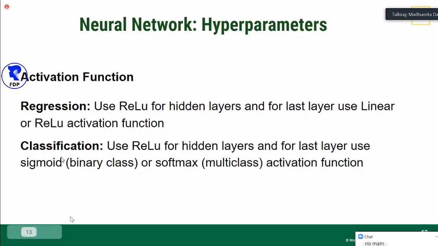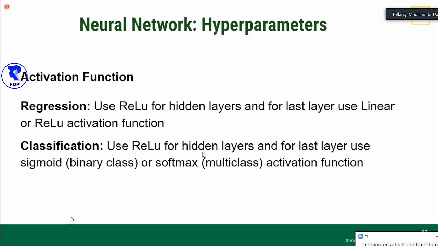But if you have a classification problem, then use ReLU for all your hidden layers and use sigmoid if you have a binary class like diseased and healthy, or you use softmax, which you will see in the tutorial, if you have multi-class classification, because we will have healthy, scab, rust, and multiple diseases. So you have multiple classes there. So you can use sigmoid and softmax just before the output layer. But it's not necessarily that ReLU is always the best choice, this is just to simplify things.